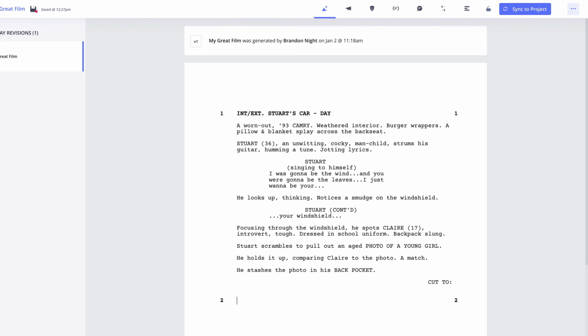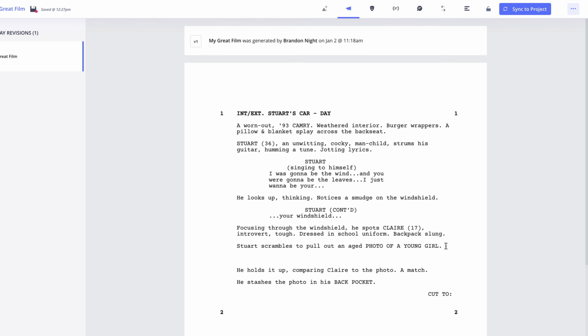The general format can be used if you're looking to write shots into the script. For example, say I want to add a close-up of the photo that Stuart is looking at. So I'm going to place my cursor here and then press Enter to add a blank line and use the keyboard shortcut Option G. I can see that the general format has been selected on the toolbar. Now I'll place in all capital letters CU, photo of a girl, letting everyone know that this is a close-up